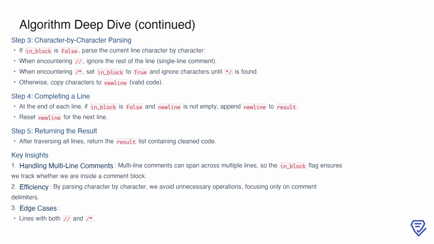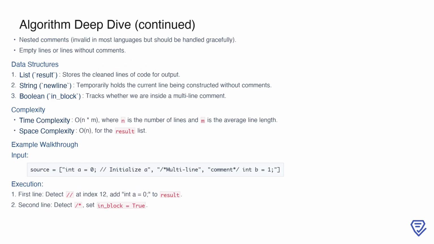Additionally, there are several key insights and edge cases to consider. Multi-line comments, for example, can span across multiple lines, and the in_block flag is crucial for ensuring that we correctly track whether we are inside such a comment block. This is especially important for cases where multi-line comments begin on one line and end on another. The algorithm is also efficient because it parses the input character by character, focusing only on the comment delimiters without